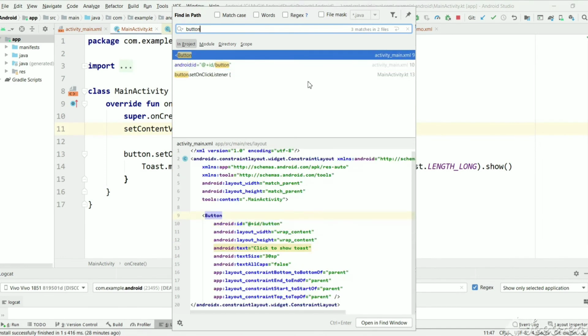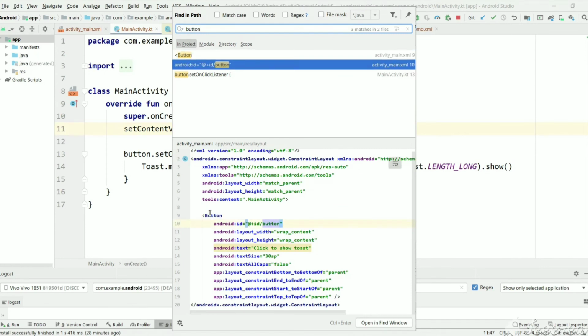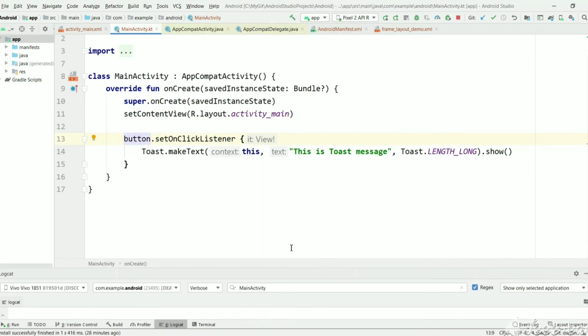You can see as soon as we select that line, we will see that file's content here. So we can easily understand and go to that particular line if you want to do any changes or any development. So these are the main shortcuts which are used by a developer.